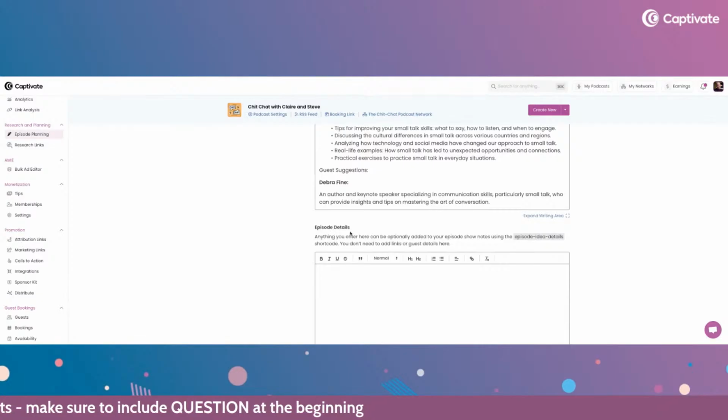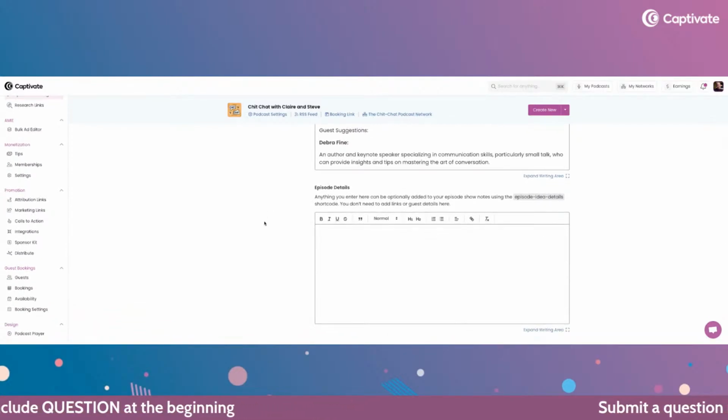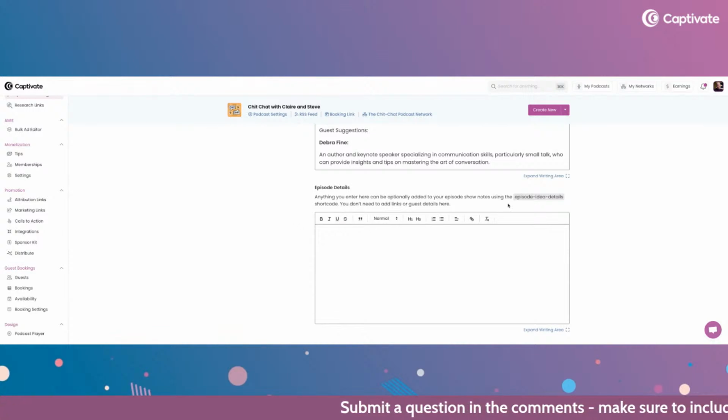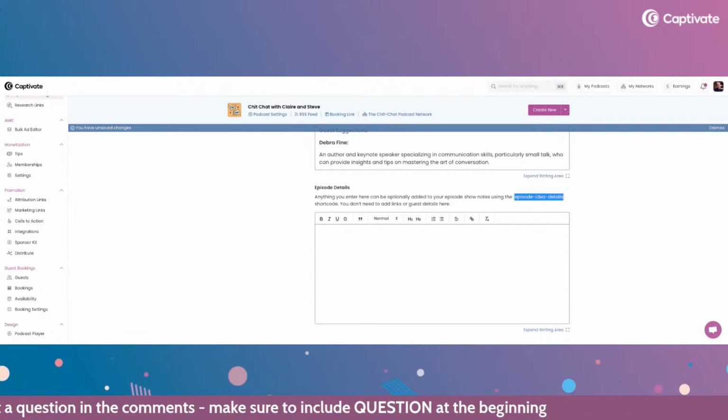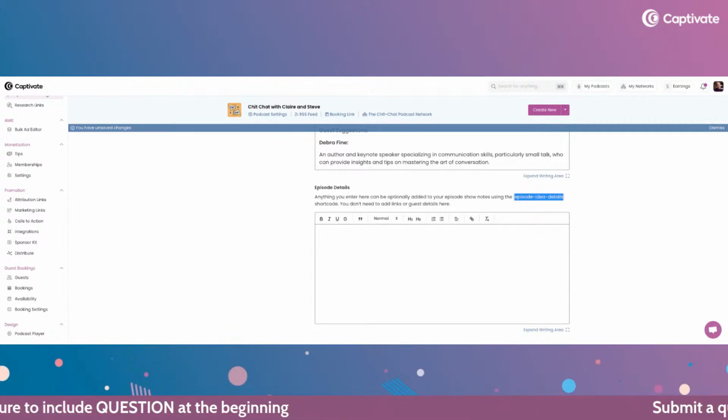Down here, you'll see episode details, okay? So anything you enter here can be optionally added to your episode show notes using the episode idea details shortcode. And this ties back to the dynamic show notes feature. And again, it's in a previous live stream. So if you missed out on that one, you can always look back at that and see exactly how to use this.